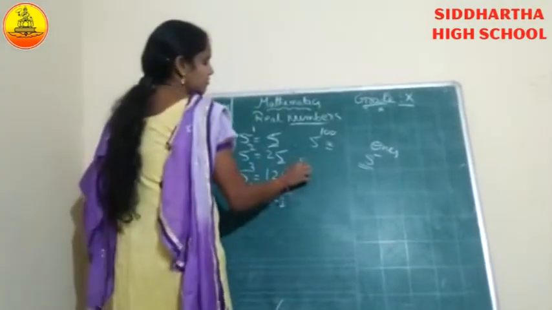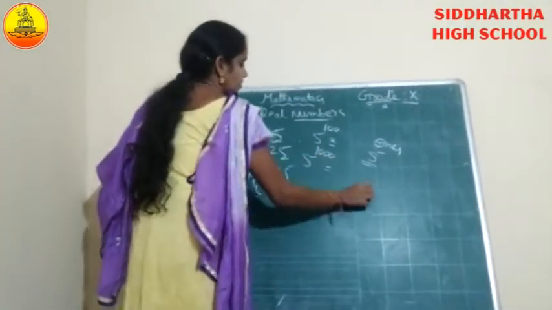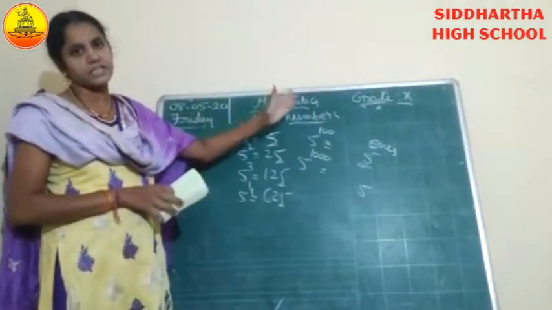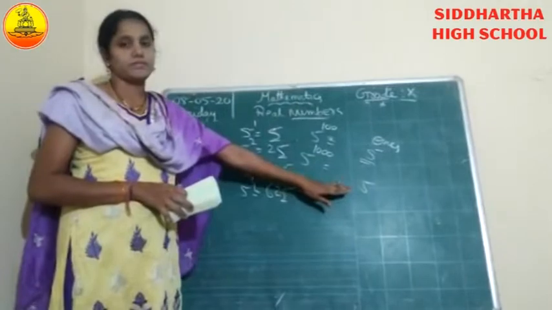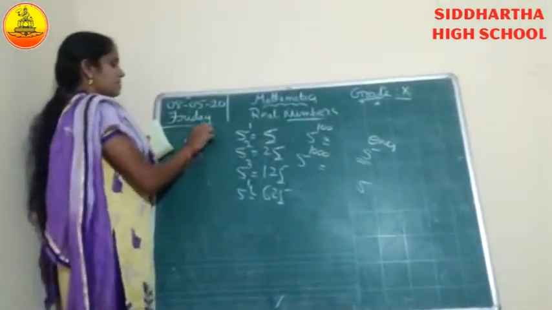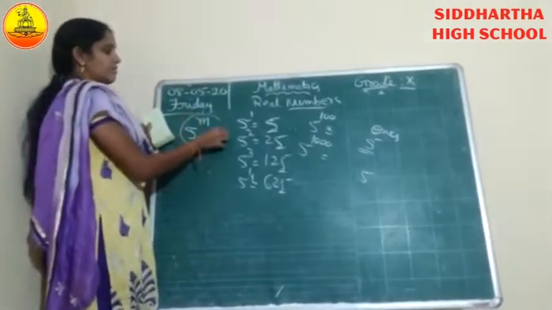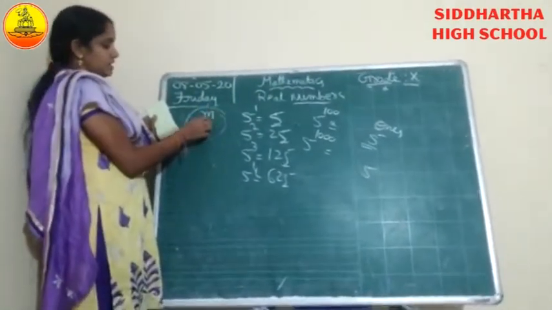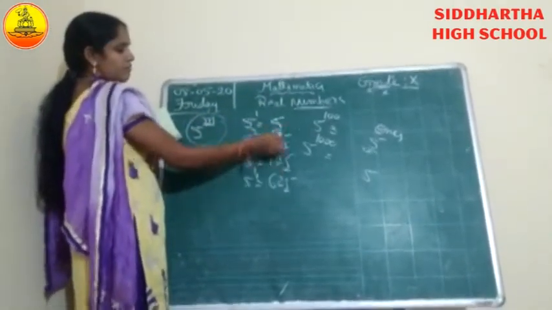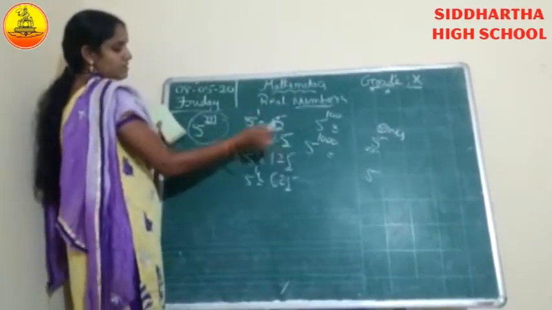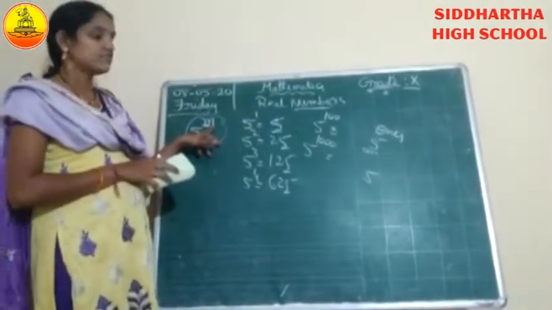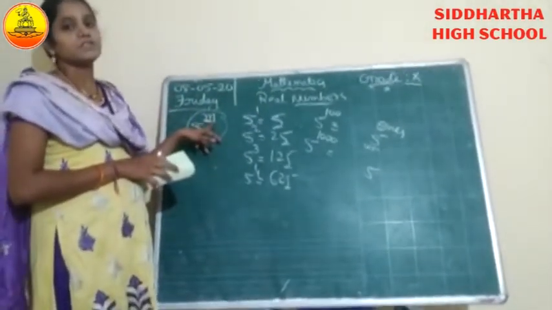The digit in ones place of 5 power 1000 is also 5 only. 5 power any positive integer you take, it always ends with 5. For example, 5 power m always ends with 5, because 5 power 1 is 5, 5 power 2 is 25, 5 power 3 is 125, every number always ends with 5. So 5 power m ends with 5, where m is a positive integer.